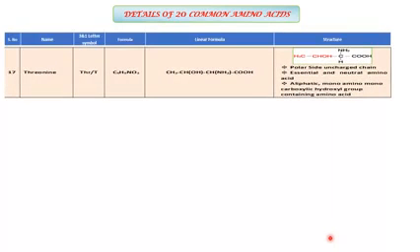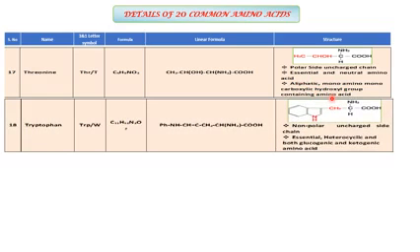So the 17th one is threonine, THR, single letter code is T, and you have a CHOH, again an alcohol like the previous one. So polar side chain. Essential and neutral amino acid. You have an alcoholic OH, so it will be a polar group. So it's an aliphatic monoamino, monocarboxylic amino acid, and there is a hydroxyl group present in the amino acid. So next one is tryptophan, TRP, single letter code is W.